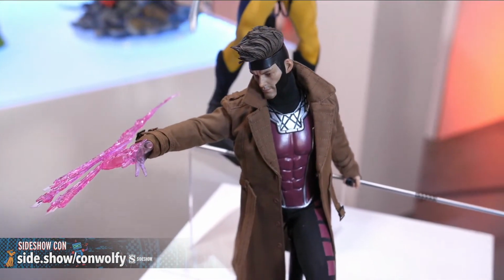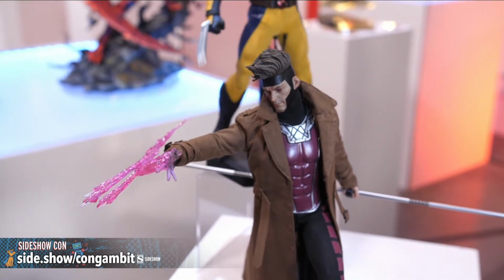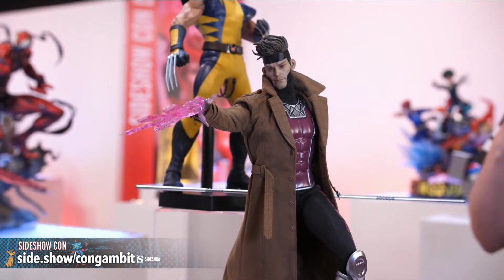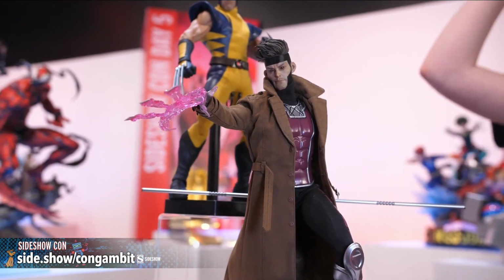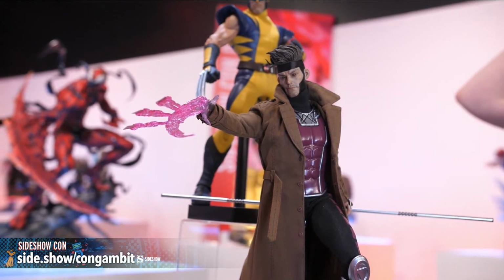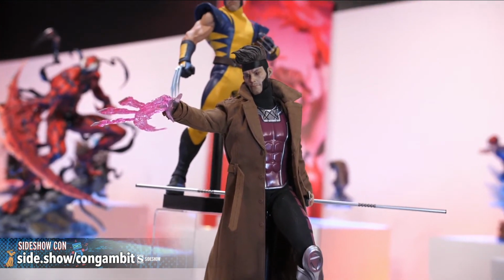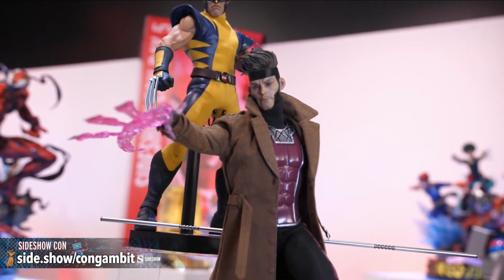And then up front, we meet again. This is the Gambit Deluxe 6th scale figure. You guys are seeing one of multiple head sculpts. He has a long-haired portrait and then this short-haired portrait. I love when the short hair is like, he's got the cowl and it's sticking straight up. I mean, I love every version of Gambit, but this guy does have a tailored fabric